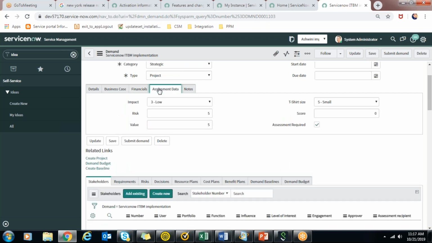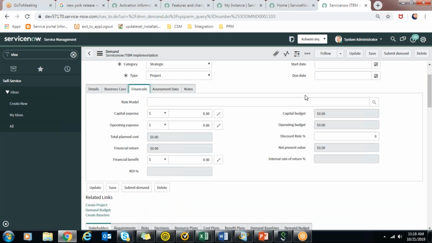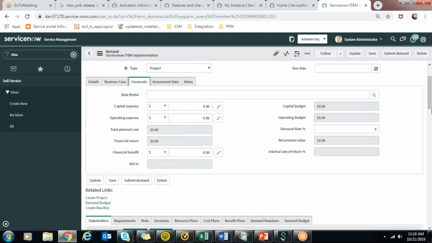And impact, risk, value, t-shirt size is like how big is the demand. So you have all these options. So when the screening process is done, they can screen the demands based on the size. Okay, let's first discuss all the large demands. And if it's a large demand, what is the return over investment percentage? What is the budget of that demand? So all these will give a proper idea.